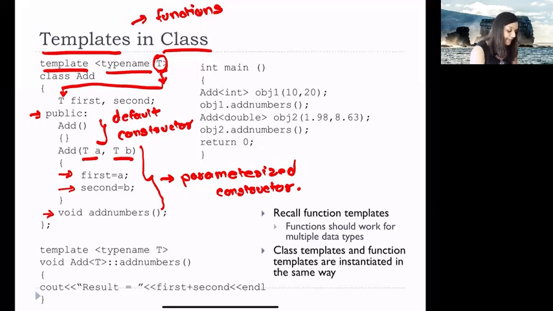This function add members, unlike our previous example, is not defined in an inline fashion, right? You see here we are just declaring add members, but later, as I said, most of our functions can be defined outside the class, and we need to use the scope resolution operator. So here we are defining the function. Whenever you are defining a member function of a class that's declared using template,